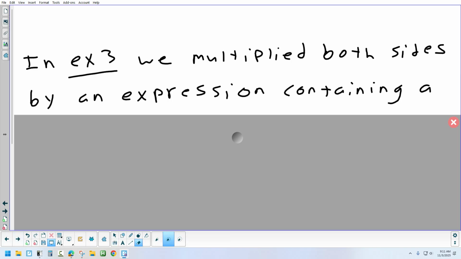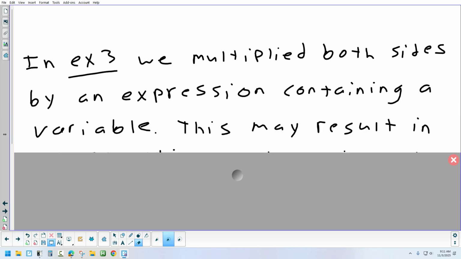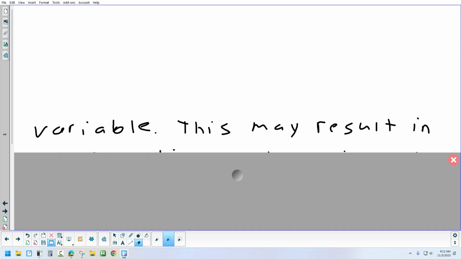So that was solving graphically. Now I'm going to explain how you do it algebraically, and then we'll do an example. And I want to show you what can happen when you do it algebraically, something we've got to be careful about. Now this is different. This is how to do it without a graphing calculator. Solving algebraically,